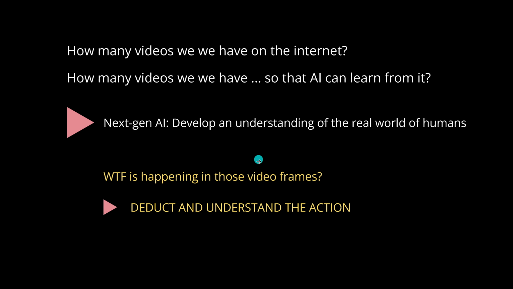What is happening between the video frames? Can we understand the action that is taking place here from one video frame to the next video frame? For example, if somebody is lifting a hand, how can an AI abstract the action from a visual token structure and learn that this lifting action is something we can do with a lot of different objects?